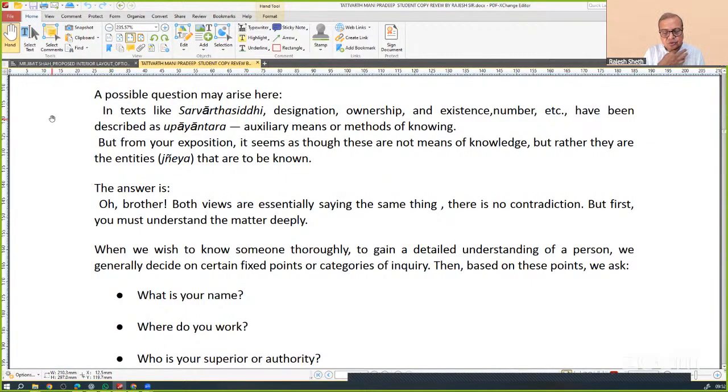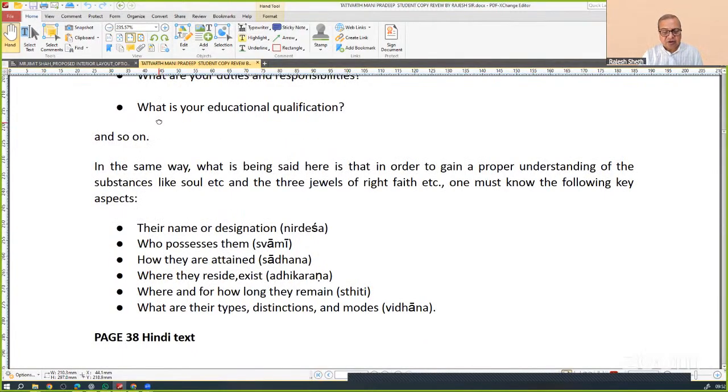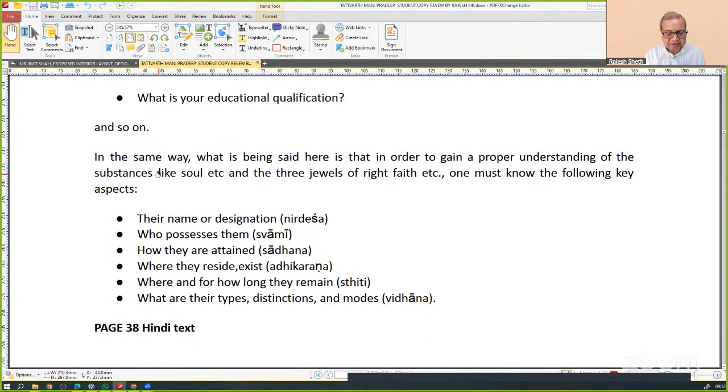When we wish to know someone thoroughly or to gain a detailed understanding of a person, we generally decide on certain fixed points or categories of inquiry. Then based on these points, we ask, what is your name? Where do you work? Who is your superior authority? What are your duties and responsibilities? What is your educational qualification? And so on. In the same way, what is being said here is that in order to gain a proper